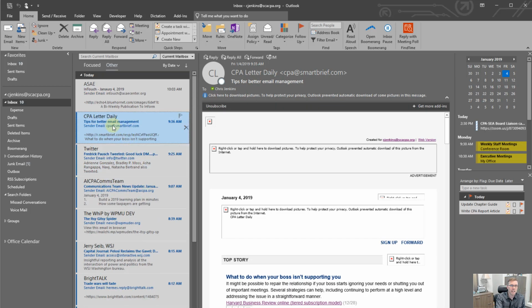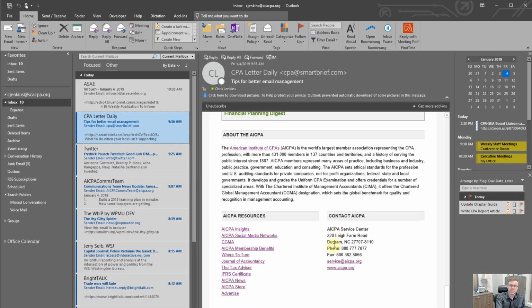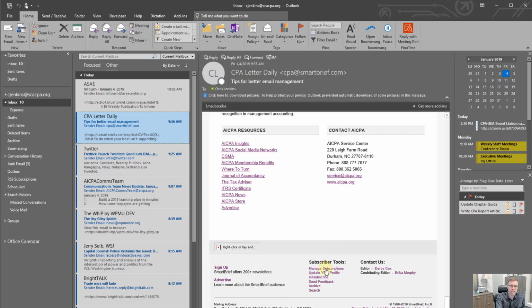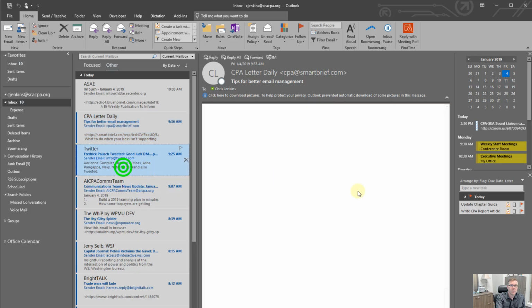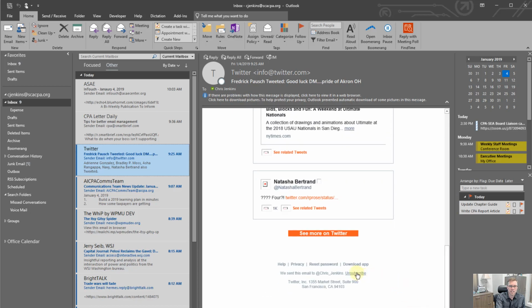Now, there are definitely other things you can do. Most of these emails, when you come down to the bottom, are going to have an unsubscribe link, like manage your subscriptions. Or we can come to this Twitter one here and take a look at it. There should be a way to unsubscribe, and you can do that. The problem is some of the sites that send these emails aren't reputable, and when you do that, they may unsubscribe you from one but sign you up for 16 other newsletters, and that's just not something that I want to deal with. So what I do is, I do the right click and I block, and I'll show you